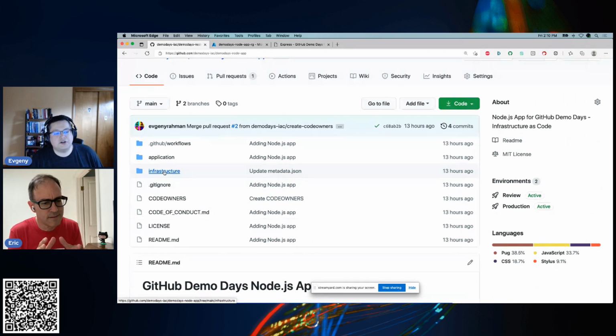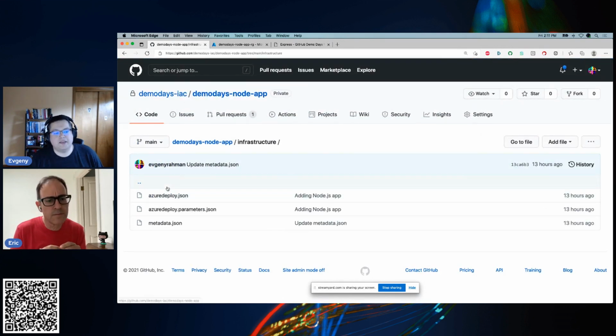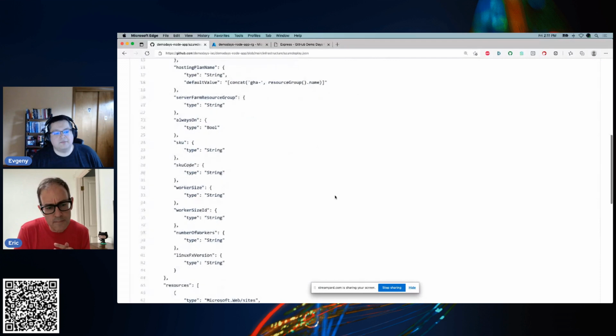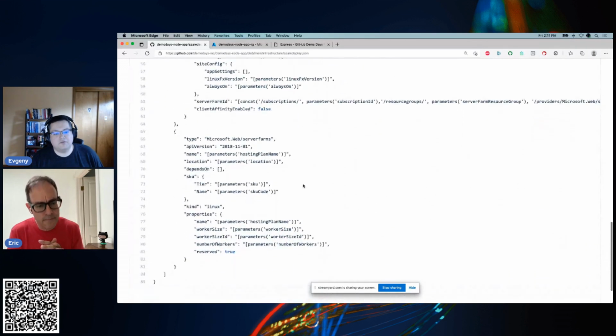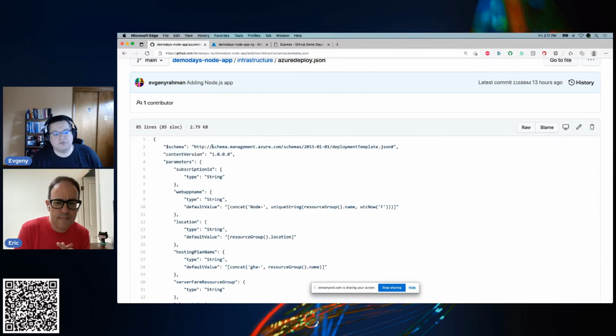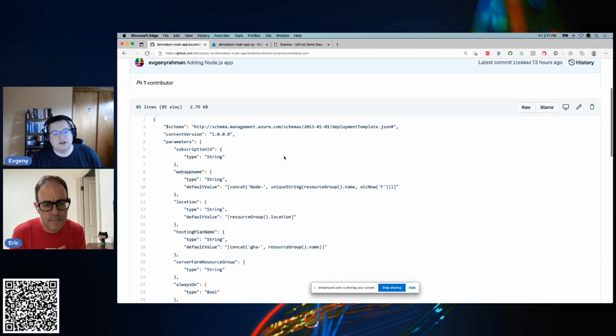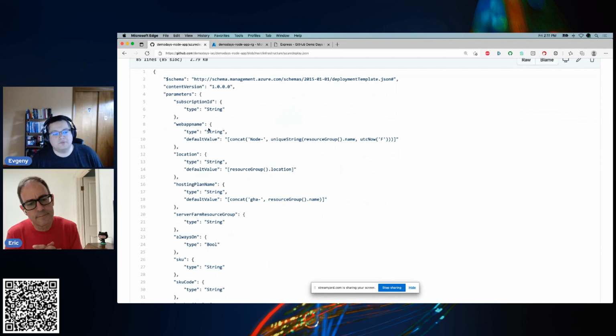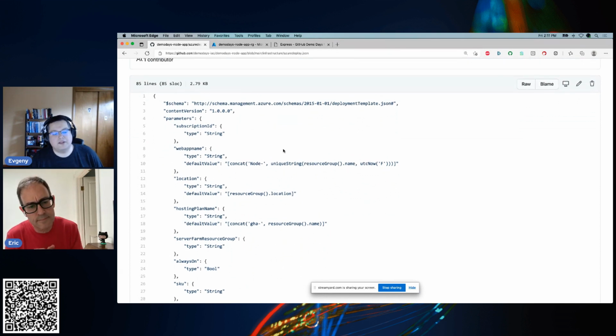All right, so infrastructure is just our infrastructure as code. And the as code part is very important here, right? We are not going to be doing anything that is not powered by what you see here. And in this case, infrastructure as code is represented with JSON files, right? So we have the actual template that shows the definitions for the infrastructure that we'll be deploying. And it uses schemas that are predefined for Azure, and you can check out the schemas here. There's some other stuff going on that's templatized, like for example, the web app name will be sourcing the parameters from the other file, which we'll look at in a second.